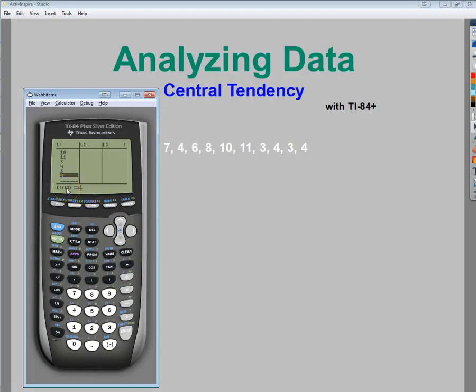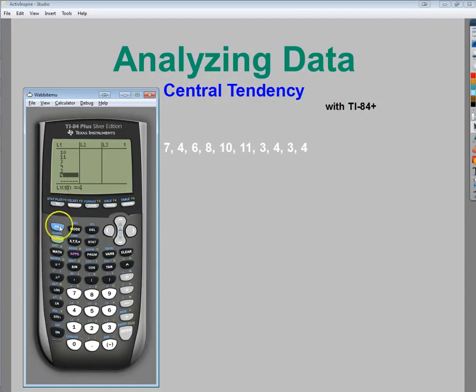It says L1, which means list 1, and in parentheses it has 10, which means there's 10 values in list 1. So you count up your values, and there are 10 of them, so you know that you have the right number in there. You might want to, just to be thorough, go back and check. Anyway, now that I've